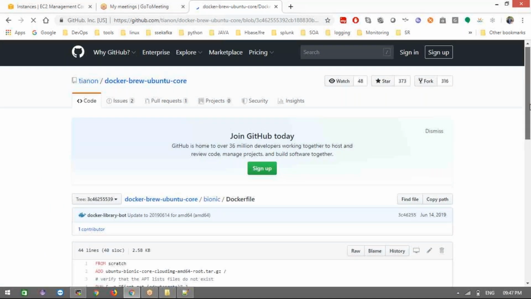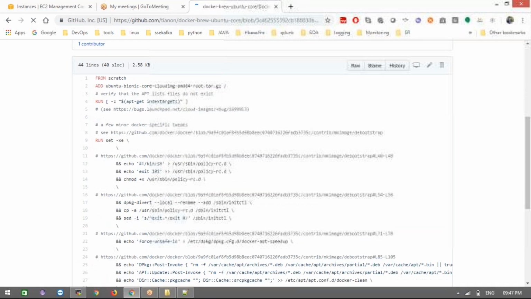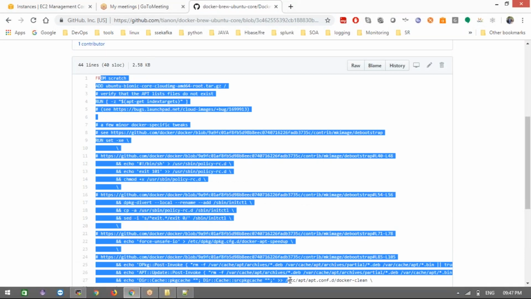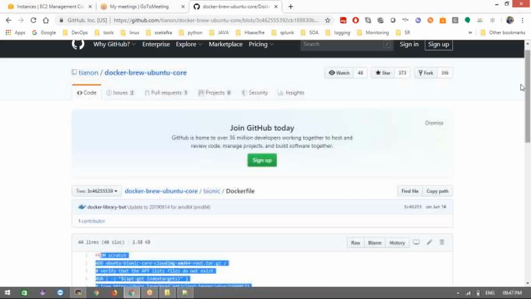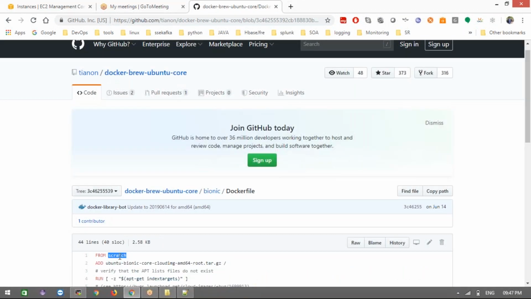If you click here and go to GitHub, we can see how they have written the Docker file. This is not required for you because they have already written it for the images here. They are using a base OS called Scratch, which is a very light image compared to any OS. Scratch is one of the Linux OS flavors, like Alpine Linux. We will see Scratch also later on.